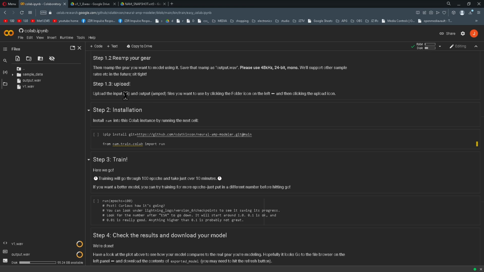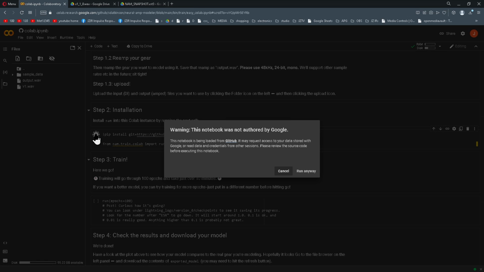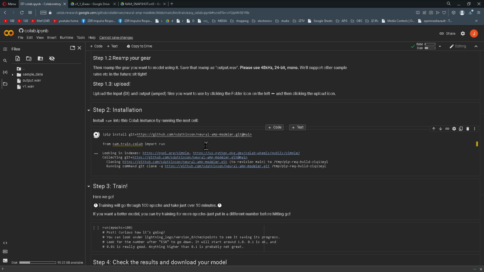If you've never seen this before, here's the way this works. Colab has these little buttons here. It looks like 2 brackets, but if you hover your mouse over it, it looks like a play button. That's what you're looking for. So step 2 is the first thing that you're going to do. You just click on the little play button, and it'll give you a warning letting you know that it's not authored by Google because it's authored by Steve Atkinson. So you just hit play,